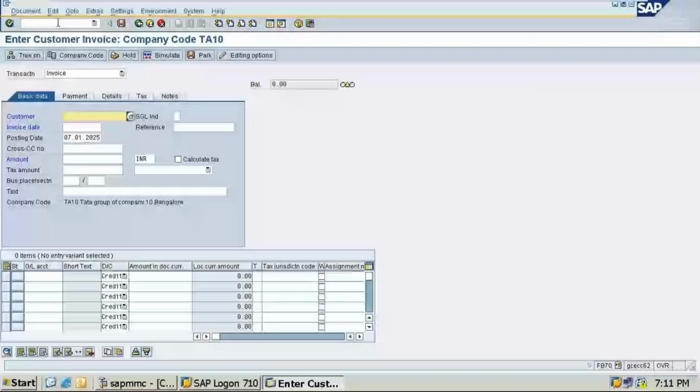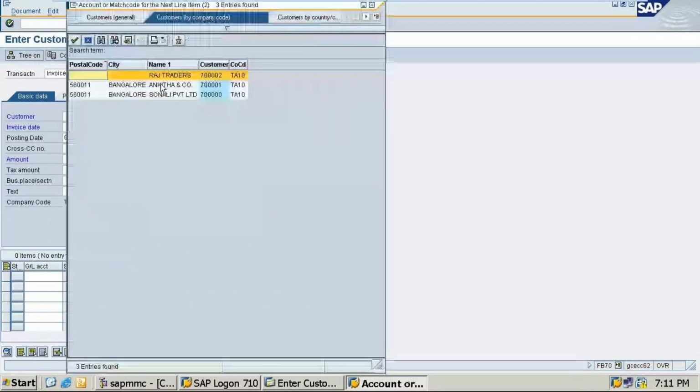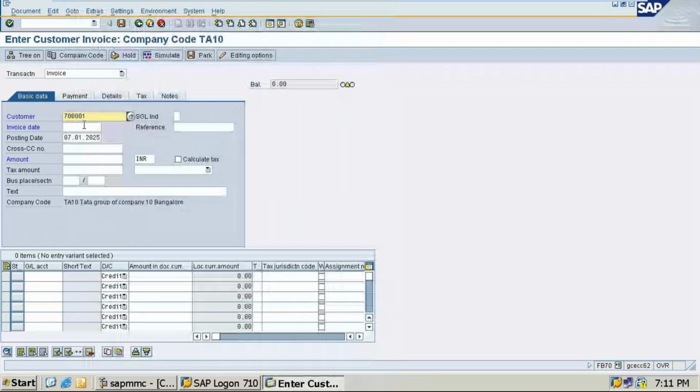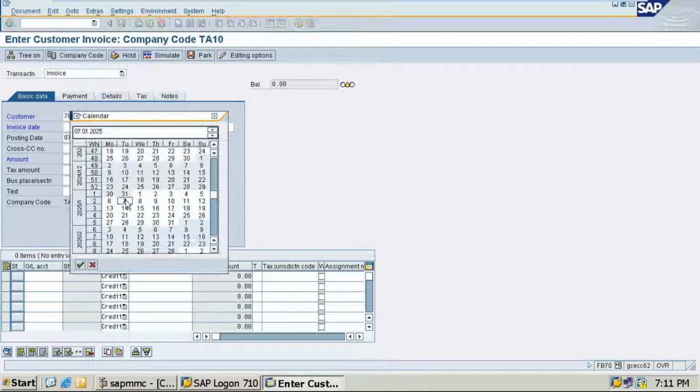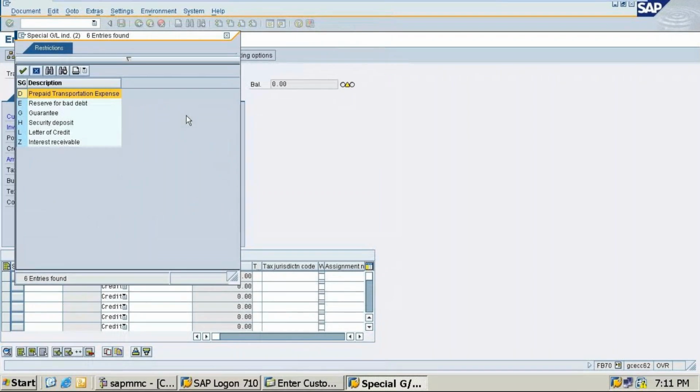Slash n FB70. So customer invoice, I'll be taking Ankita Traders. Invoice date 7. Special GL indicator is there. Interest on paper, security letter on credit, not required.